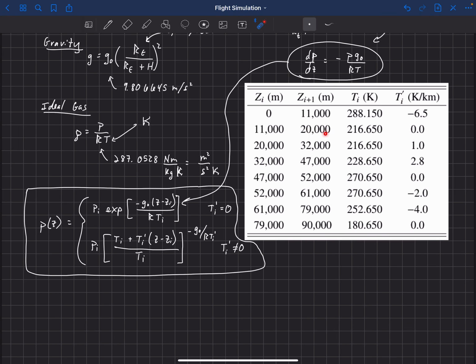And I would have computed the ending pressure in this region based off of the initial pressure of that region, and on back down to the ending pressure of that region that depends on the initial pressure of that region. So I'm gonna run whichever one of these equations, depending on if T prime is 0 or non-zero. I've got to actually compute it for each of the levels below the altitude of interest. So if I need to know, at 25,000 feet, geopotential altitude, what the pressure is, I've actually got to compute it for this region first, then this region next, and then come up to the 25,000